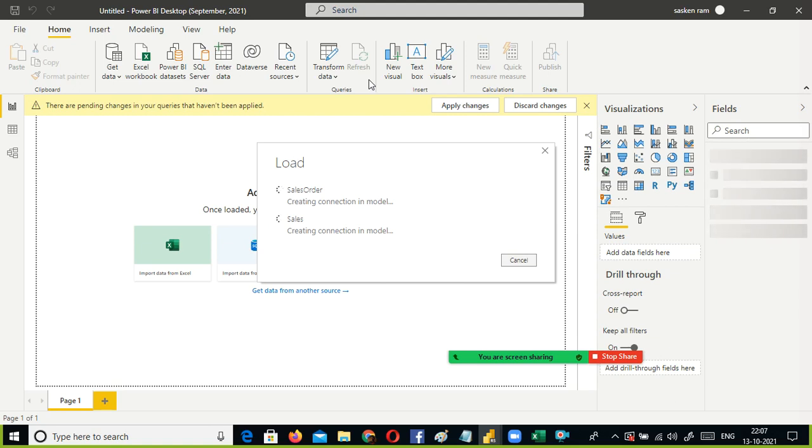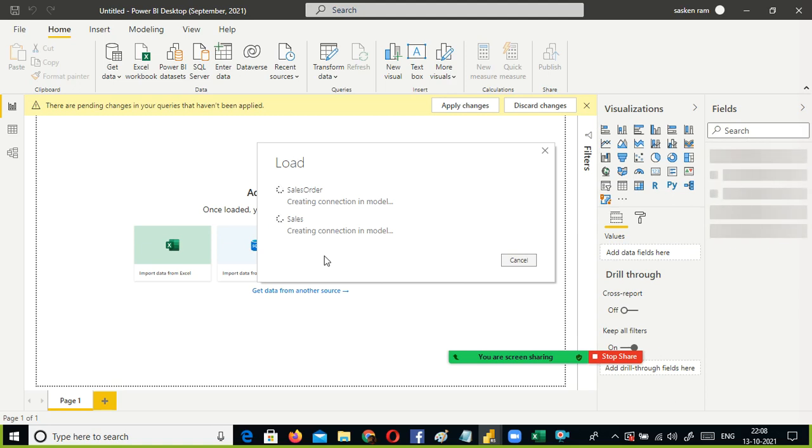With this, we need to work on the transformed data. So how do I do that? Go to the home ribbon and click close and apply. So now it will upload the transformed data here. Before you load the data, you go and do the transformation. Click the transform button and see what you can do. In case you don't need all the columns for your analysis or report or dashboard, remove unnecessary columns. Those columns that are not relevant to you, you can remove.